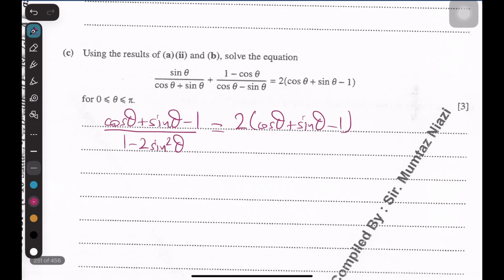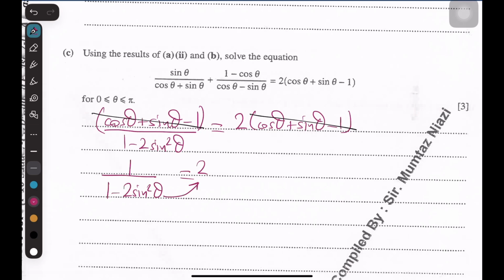So if we look at these two sides of the equation, we have cos theta plus sine theta minus 1 over here and cos theta plus sine theta minus 1 on the right side as well. We could cancel these two out and we'll be left with